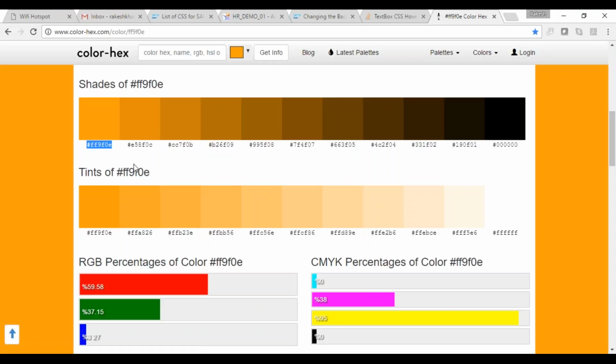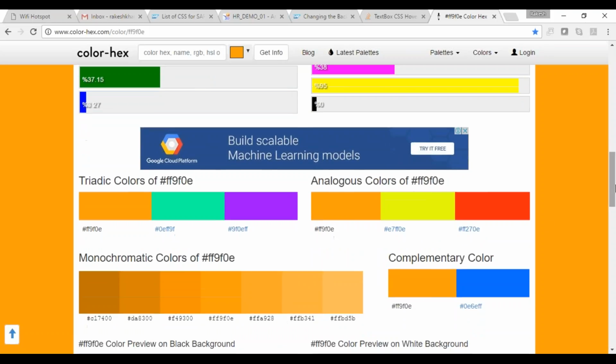You pick this color, then this color, then this color, skipping two or three colors and using the third or fourth, and it will give you shades. Apart from that, you have analogous colors. If you are using this color in your dashboard, you can use these two colors also, and it will look good.